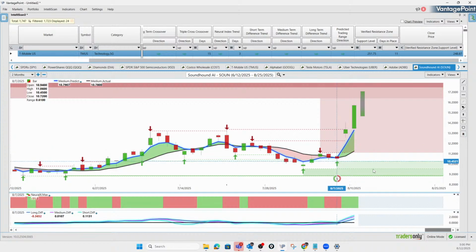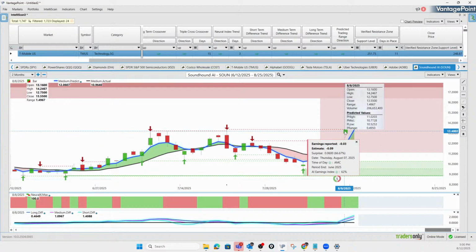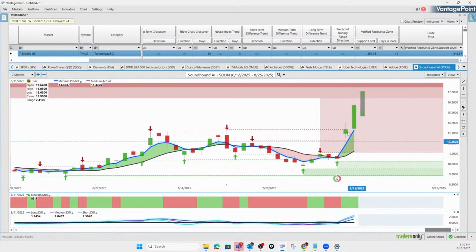SoundHound. We had earnings, right? So this is going to be a pretty quick analysis. We can see that our earnings assessment was Thursday, August 7th, and that was an aftermarket close assessment. So day of impact would have been 8.8. We can see that big gap up from earnings, just kind of propelling us into that resistance level that we can see